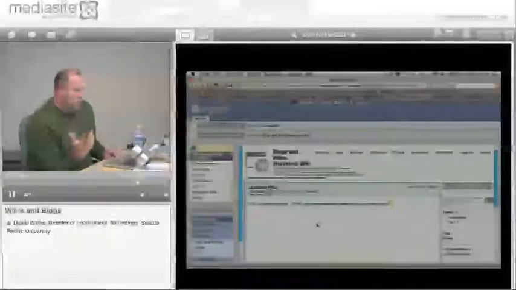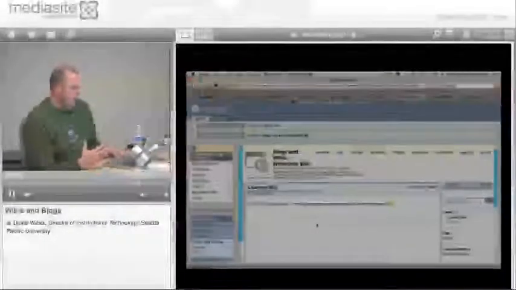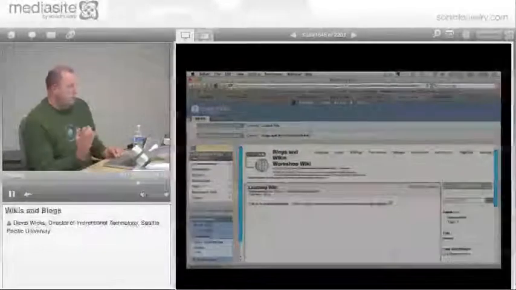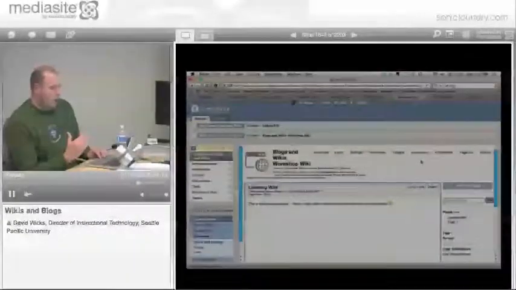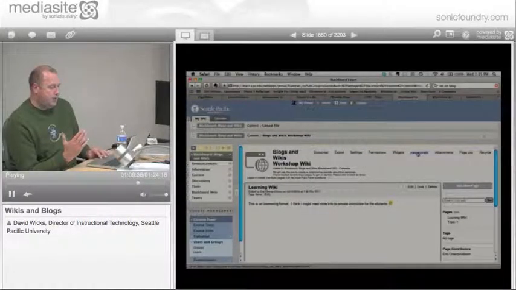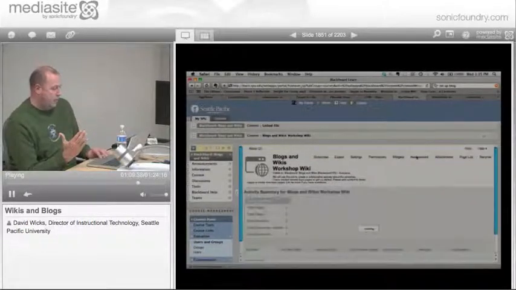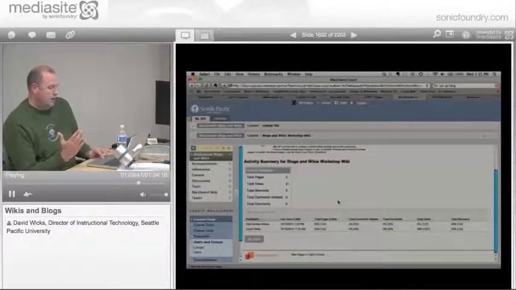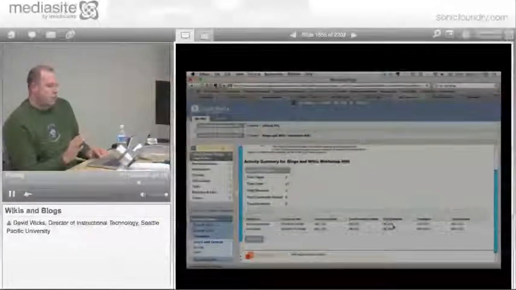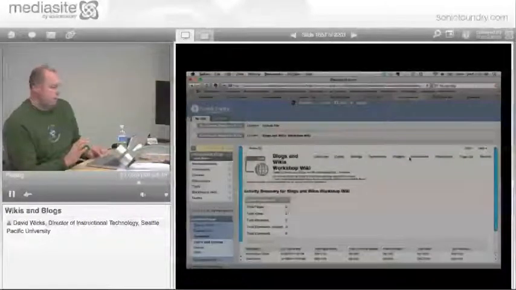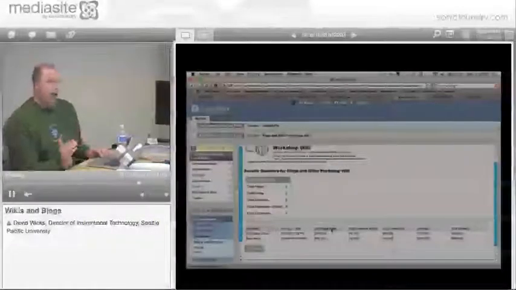And so then you have this ability to, in the blogs, consistently see what was going on by looking through the blog post. There is an assessment piece in the wiki where if we click on that, we can see statistics. So we can see that right now Erla and I have been editing things. And you need to know the assessment tool is there, but you also need to be very careful how you use it. Because right now it looks like you and I are doing all the work,